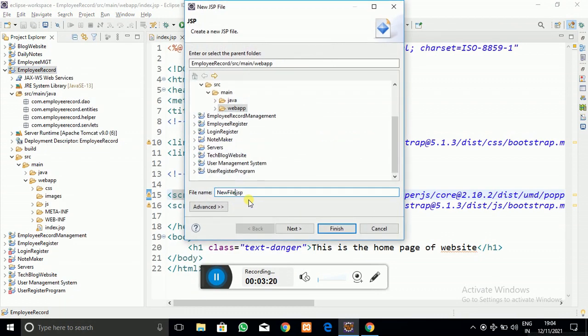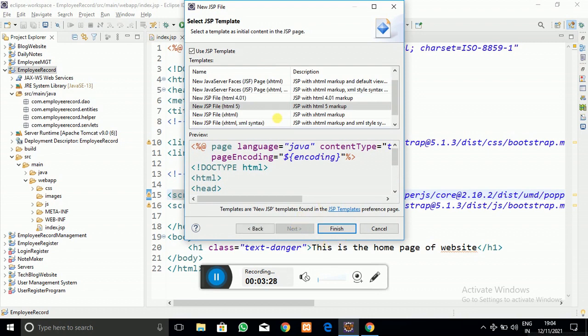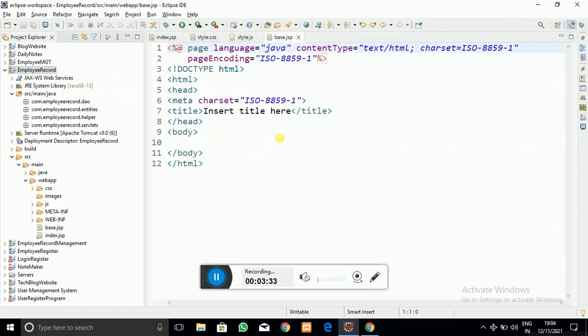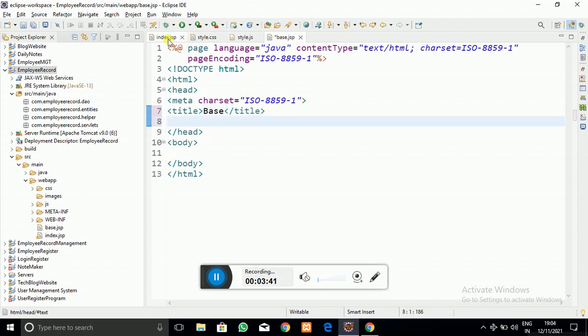Just create the base.jsp file, click on next and click on finish. Here you can see that whatever I have done in the index.jsp page, I am going to do with this base.jsp file, and then I am going to extend this file into our index.jsp page.